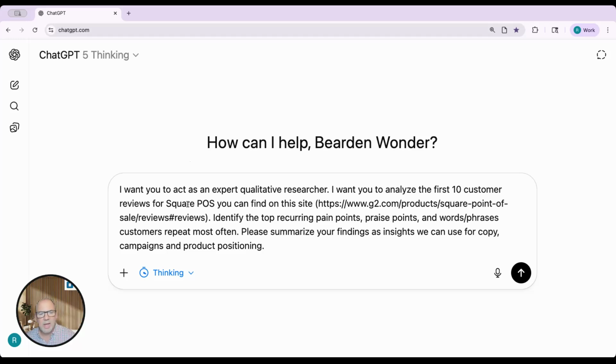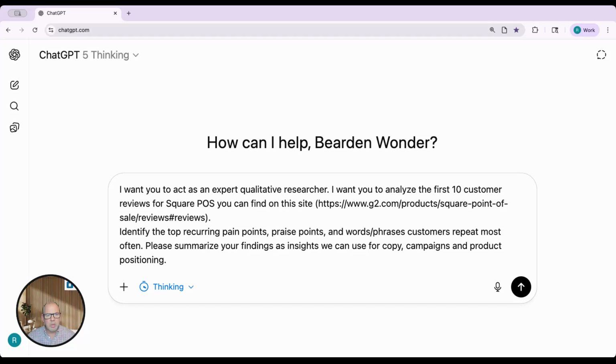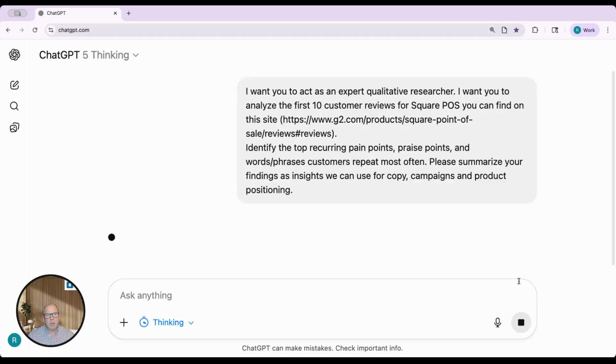I'm telling it I want it to act as an expert qualitative researcher, and I want it to analyze the first 10 customer reviews from Square POS. In this instance, I'm using G2, publicly available, easy to get to, piece of cake. And what I'm asking it to do is identify the top recurring pain points, the praise points, what do they like, what do they not like, and words and phrases customers repeat most often. And I'm asking it to summarize these findings as insights we can use for copy, campaigns, and product positioning. So I've got my prompt in here. We're going to go ahead and hit go, and we're going to run it, and we're going to let it